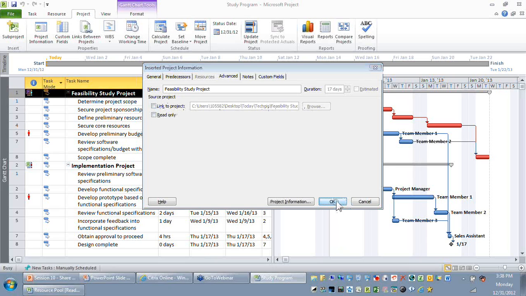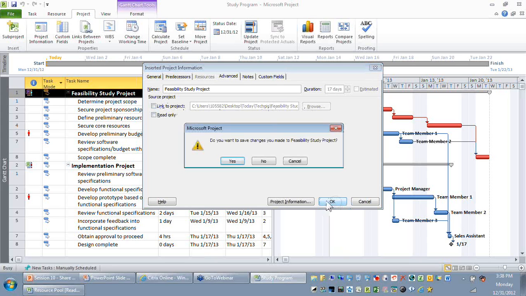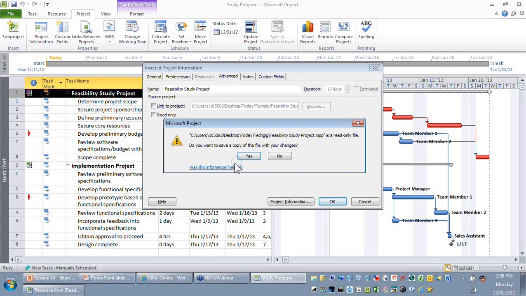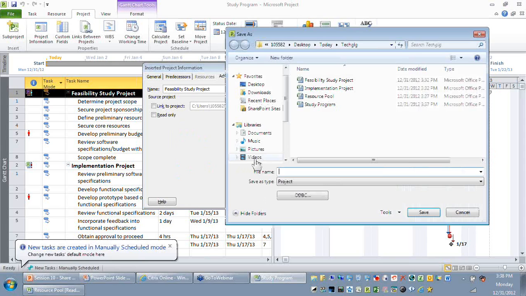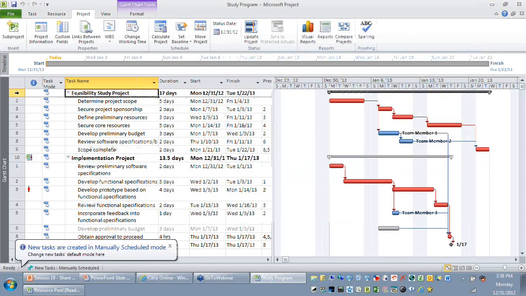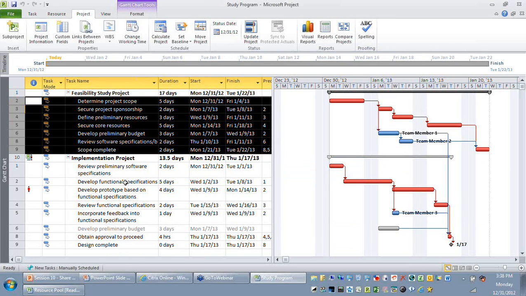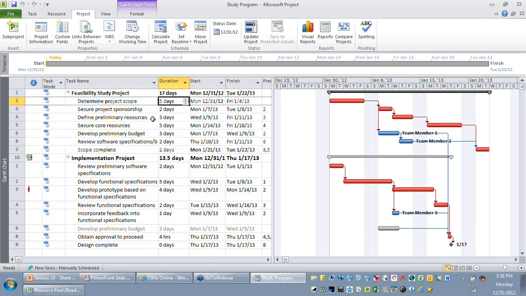So when I say OK and say yes, we're able to see this acts like a summary activity now, and the row numbers are automatically getting ordered. When you try to update it, naturally the feasibility sub-project will not get updated because I have unlinked it from the file.